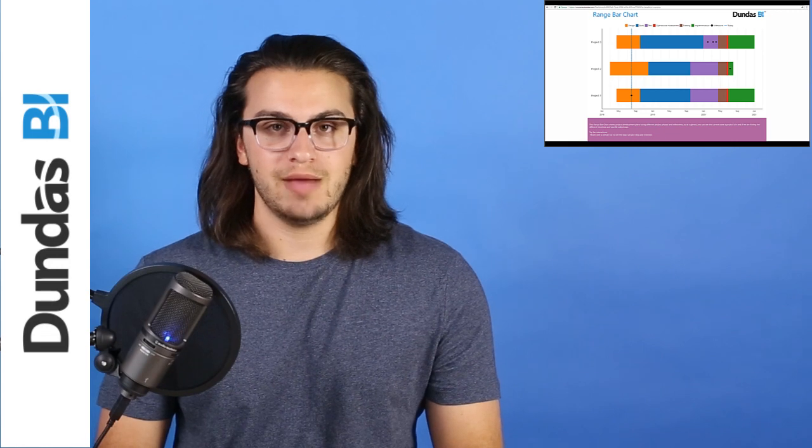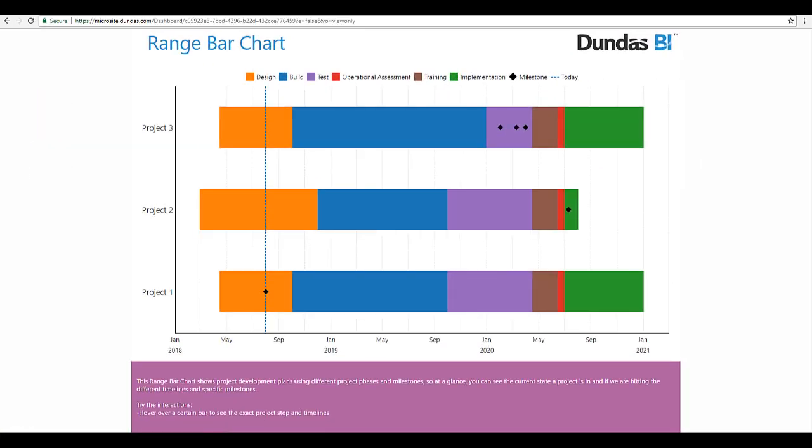Here's an example that we just came up with in Dundas BI. This range bar chart is showing project development plans using different project phases and milestones. You'll notice there's much more than the minimum two measures. We have several stages of development in these: design, build, test, operational assessment, and so on. But we only have one hierarchy, which in this case is date. The reason why the range bar chart is so useful in this situation is because it allows us to, at a glance, see the current state of each project and informs us if we're hitting our predefined milestones or timelines